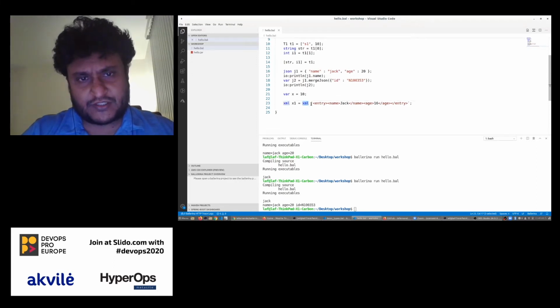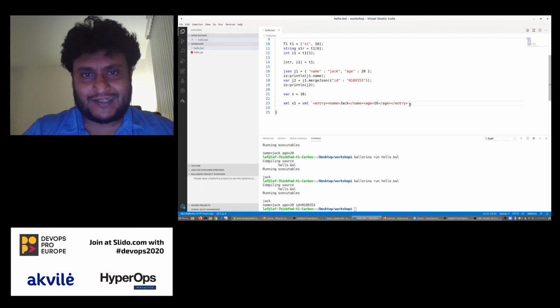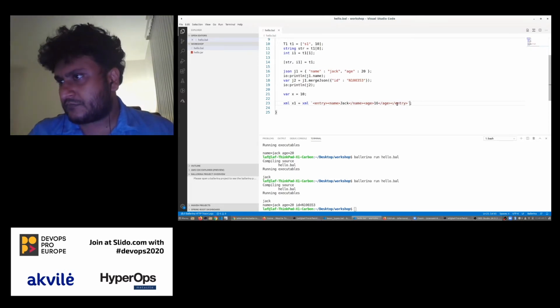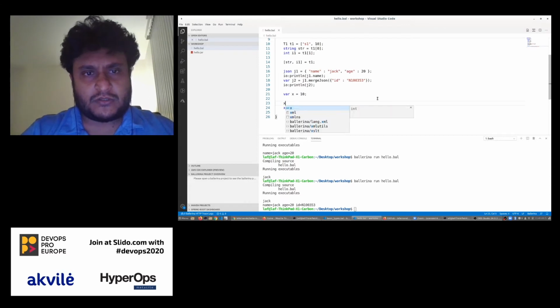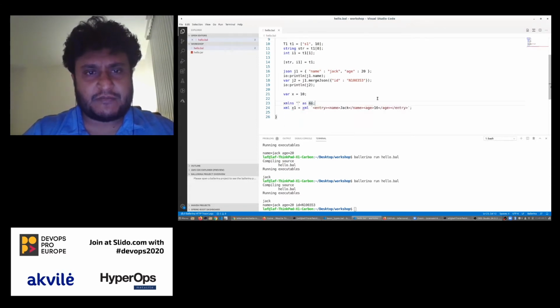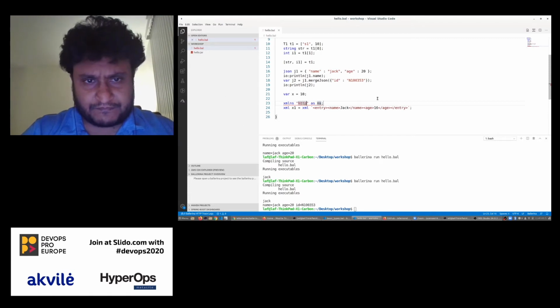So this is not just a text value that we are setting, it's an actual XML value. It validates the literal values we give and gives a compiler error if we don't have well-formed XML here. And also XML namespaces can be defined as well. If you just say it like that using this syntax,